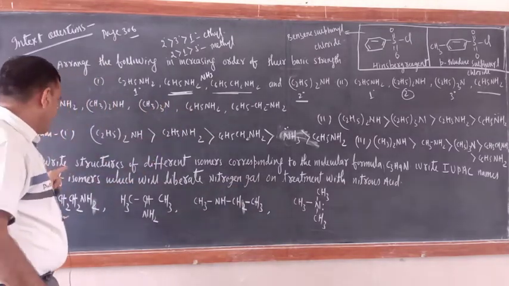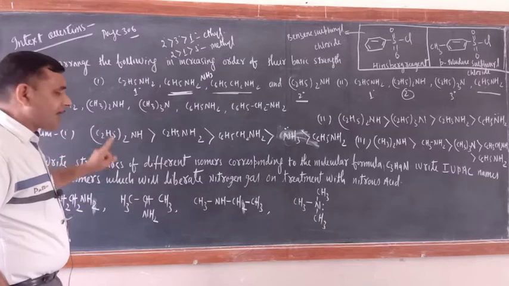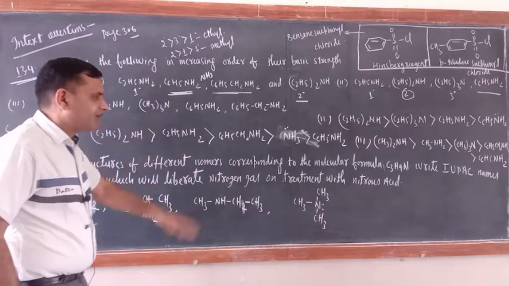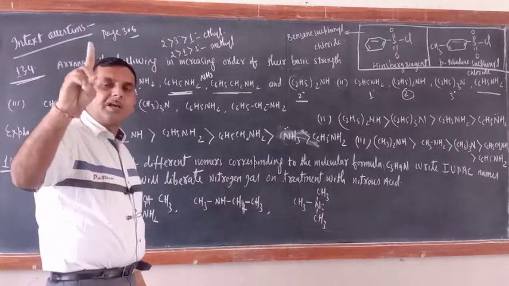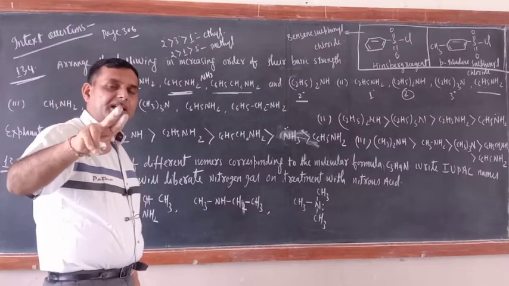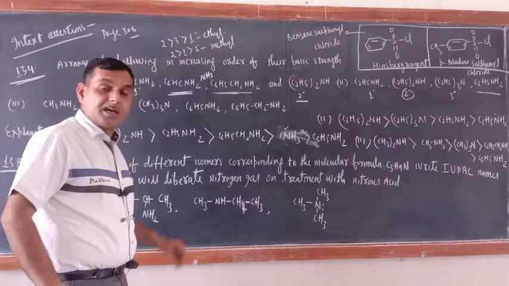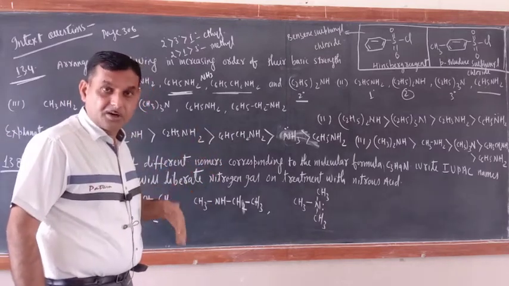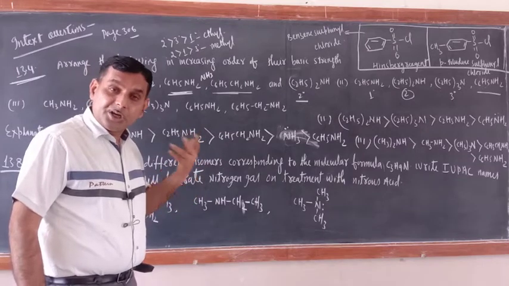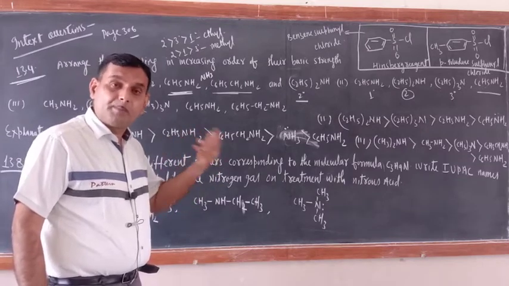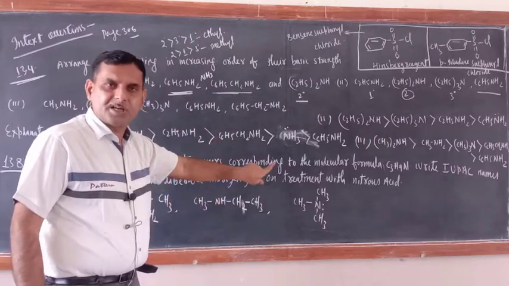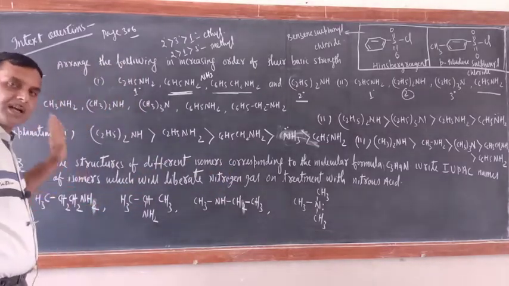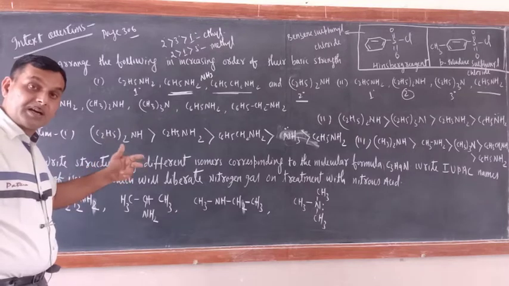Okay, they are telling, write the IUPAC name of the isomer which will liberate nitrogen gas on treatment with nitrous acid. So only 1 degree amines, when they react with nitrous acid, they liberate the N2 gas. 2 degree amines, they form nitrosamine. Correct or not? And what about 3 degree amines? 3 degree amines also form the nitrosamine upon heating plus alcohol. Yesterday, in the yesterday's video I have explained this one. So only 1 degree amines will react with the nitrous acid and liberate the nitrogen gas.